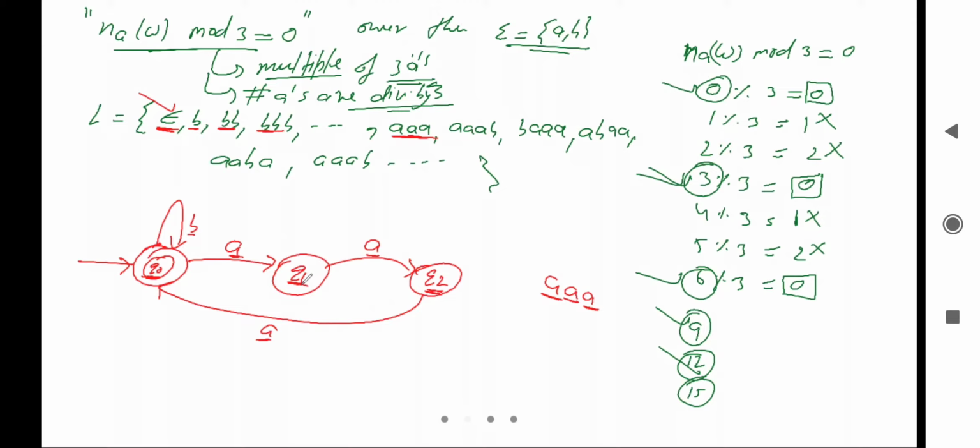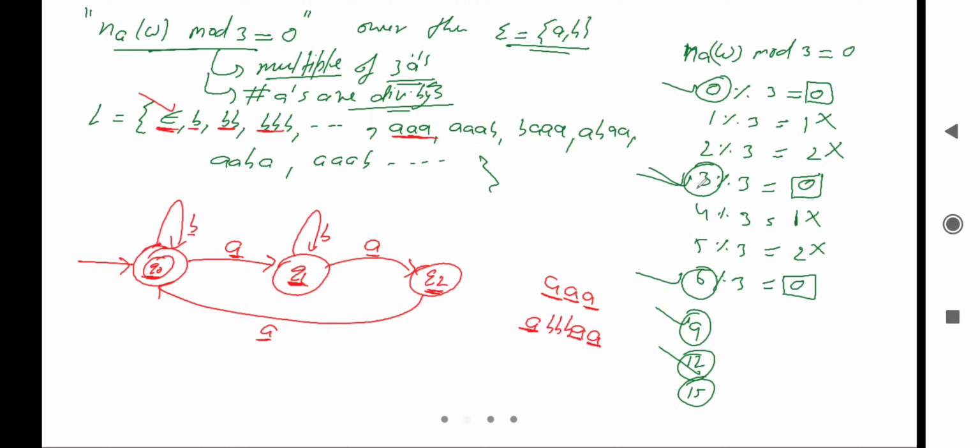Where will the transition of b on q1 be? Can I take the loop of b here? Is it possible? Yeah, it may be possible. How? We can say from this one it will read a. After that, there can be multiple times of b. So firstly it will read a, after that there can be multiple times of b. After that it will read again a, and after that it will read again a, and it will go to final state. So are three a's possible or not?